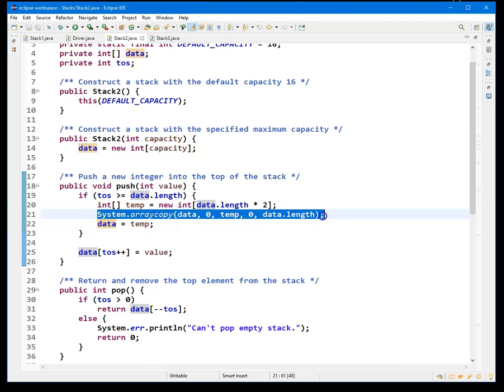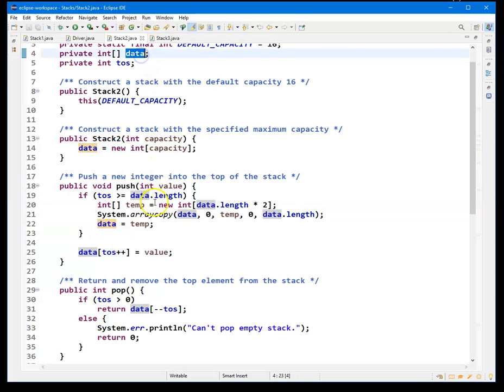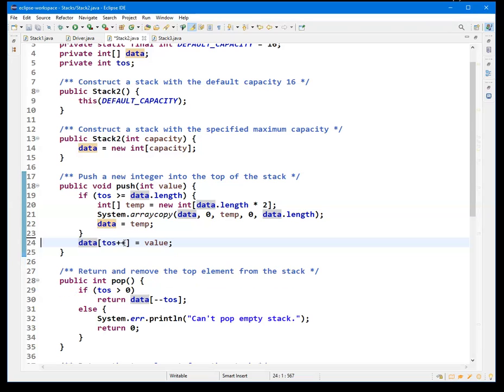Basically, you copy all the elements that are in this data array to temp. Then we wipe out the old data array and assign temp to data. Now data has the array with the items copied, and it's twice as big. And now in line 25, you're free to go ahead and just add that value at top of stack, and top of stack is incremented. That's beautiful code there. I want you to study that code. That's the same code that's inside the JDK